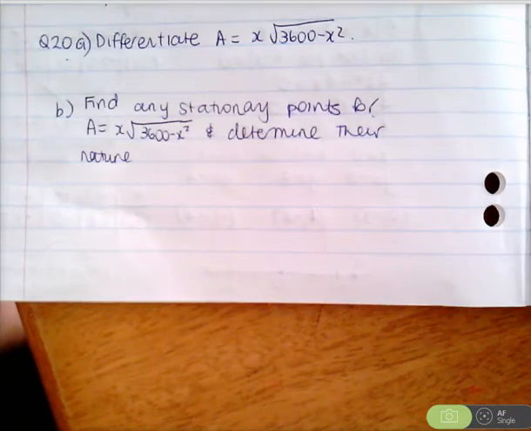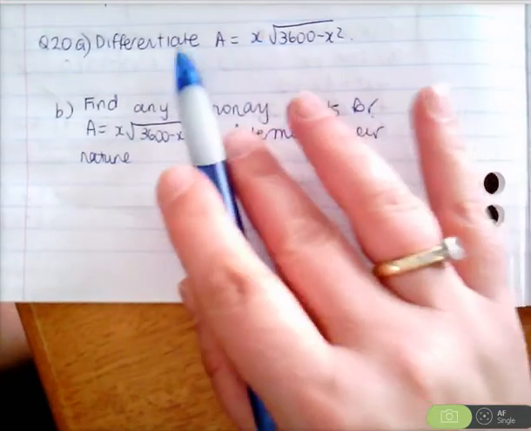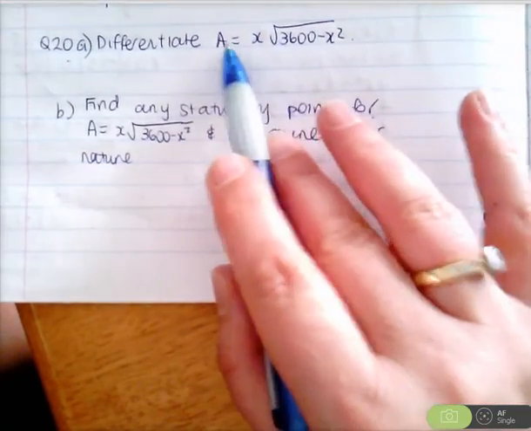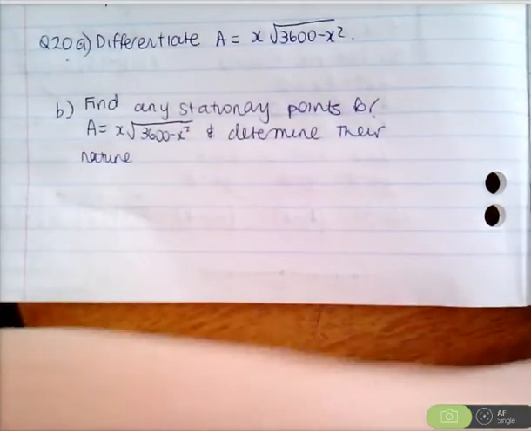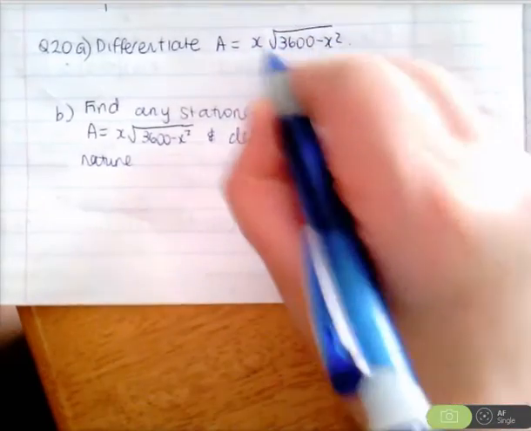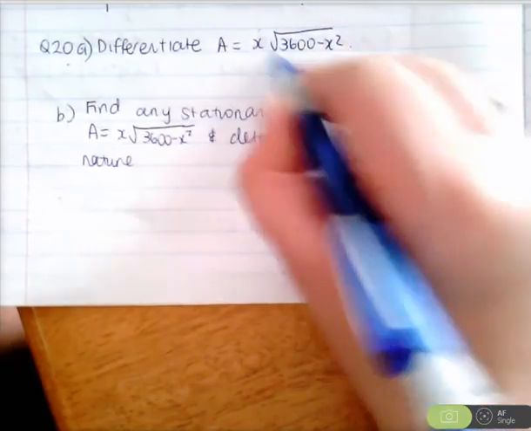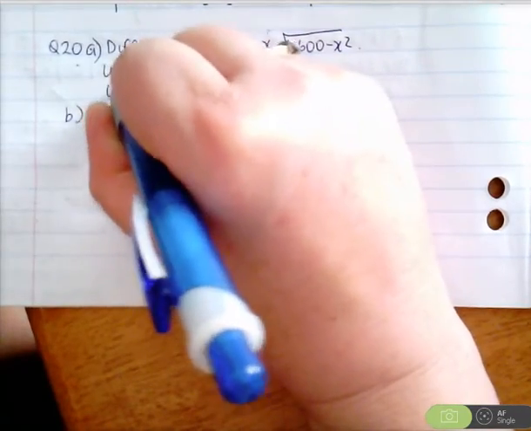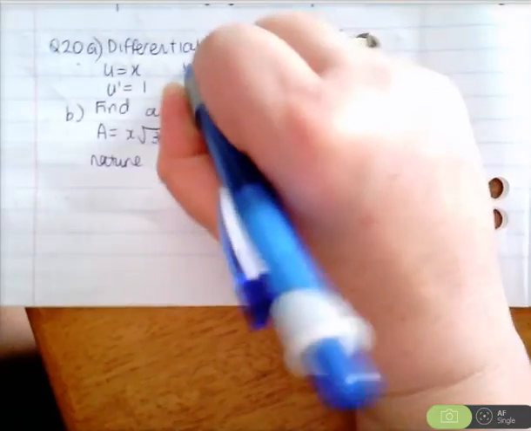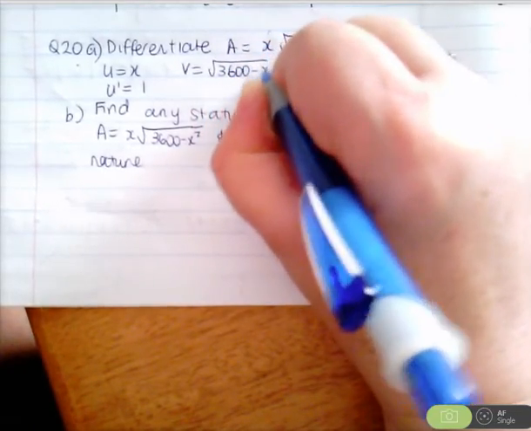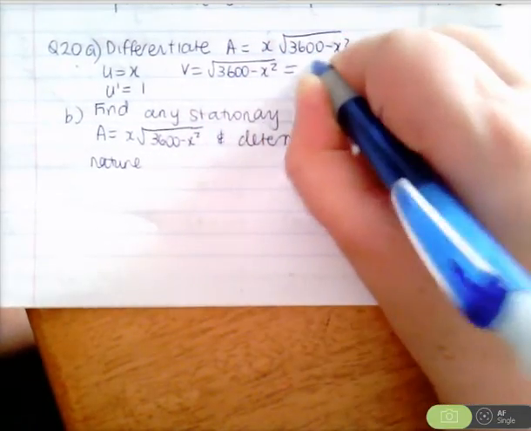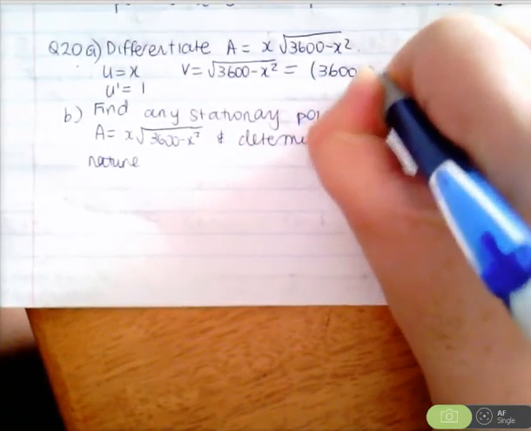Looking at question 20a, differentiate this function here. Now we will use the product rule because we have two functions in x. There's a function in x here and there's a function in x there. So we're going to use product rule. Now u is x and u dash is 1. V is the square root of 3,600 minus x squared, which can be written as 3,600 minus x squared to